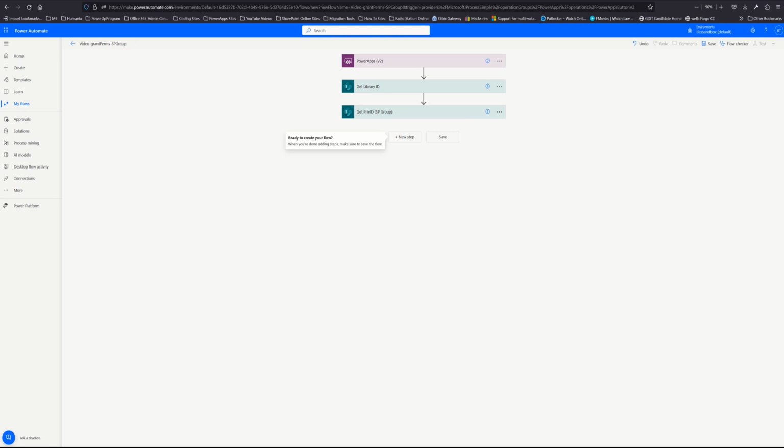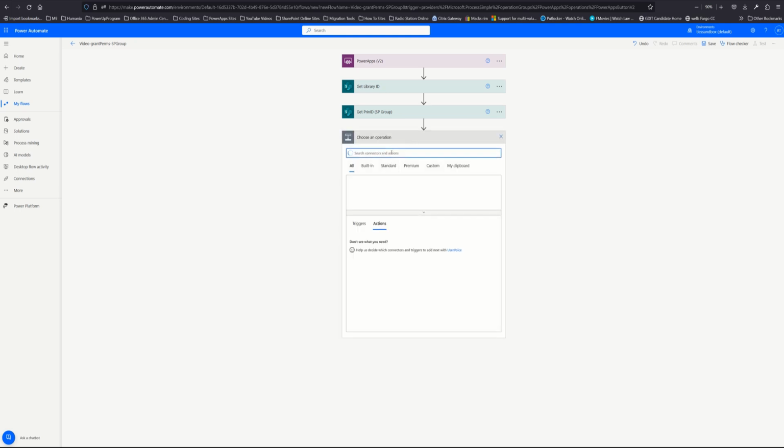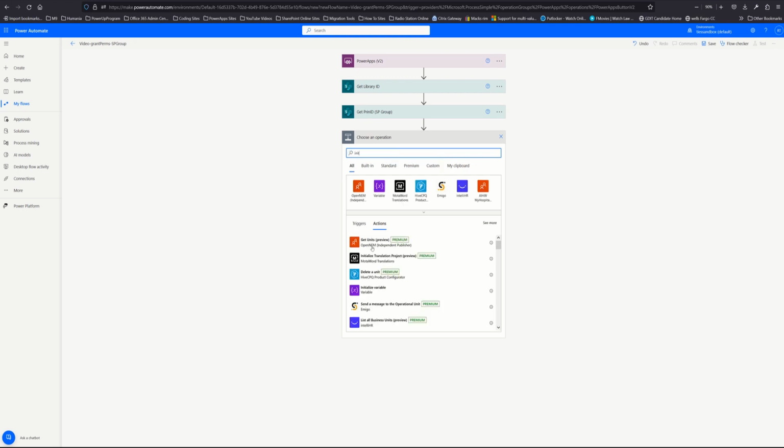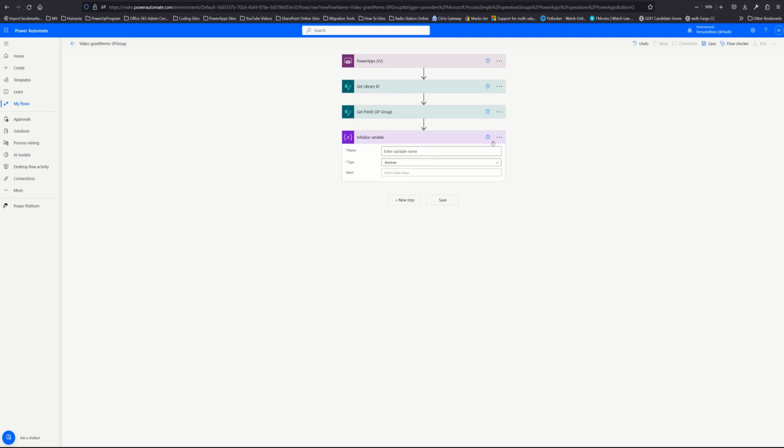Now, the full control and read permission principal IDs are hard coded into SharePoint, so we're just going to make a couple variables. Okay, so we're going to come in here, type net, which is initialize variable. Okay, this one's going to be our full control, so we'll go full control. Or it's simpler than that. Owner, permissions,